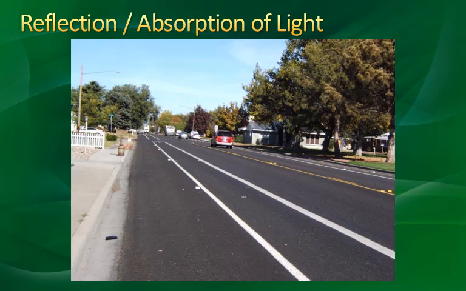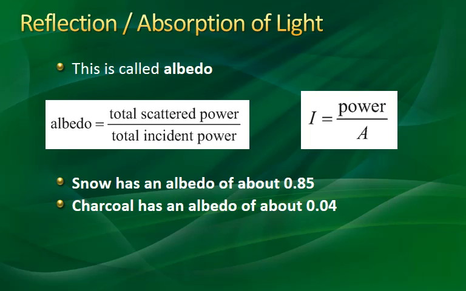So when we talk about reflection and absorption, if we look at this picture, we know that this blacktop here is going to absorb a lot, right? As compared to the reflectors here, or the lines on the road or the sidewalk, which are not going to absorb as much. So when we talk about absorption and reflection, we can set up this ratio called albedo, where we have the total scattered power over the total incident power. And so a higher albedo means that there's greater